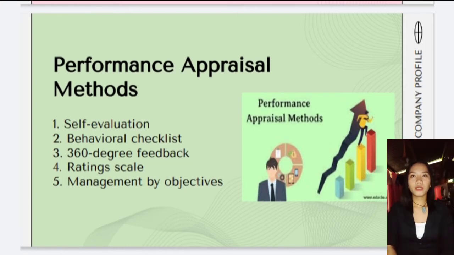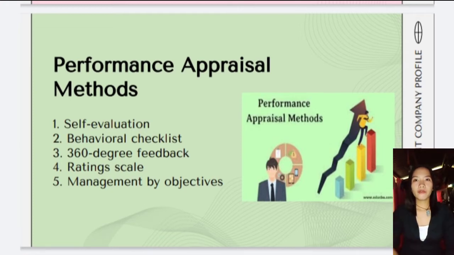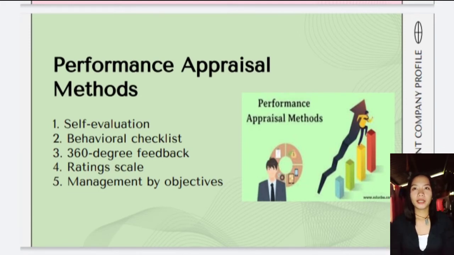So these are the 5 modern methods of performance appraisal that many organizations gravitate towards, including number 1, self-evaluation. In a self-evaluation assessment, employees first conduct their performance assessments on their own against a set list of criteria. Number 2, behavioral checklist. A yes or no checklist is provided against a series of traits. Number 3, 360-degree feedback. This type of review includes not just the direct feedback from the manager and employee, but